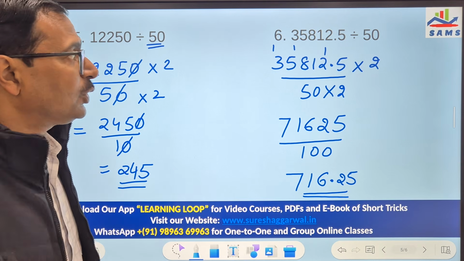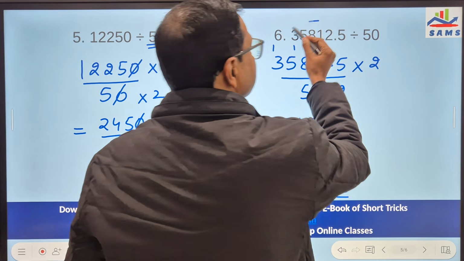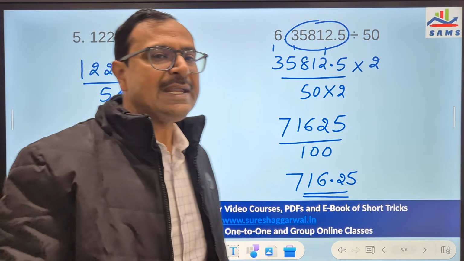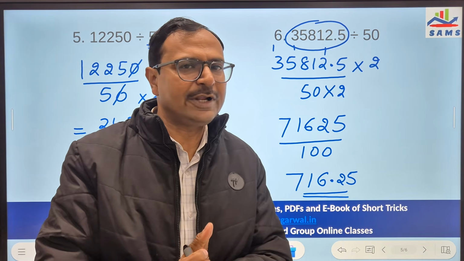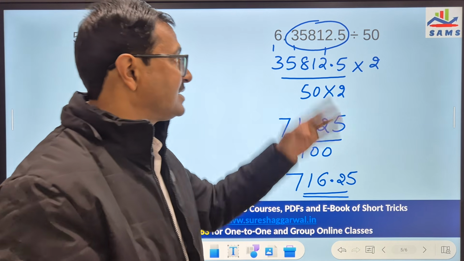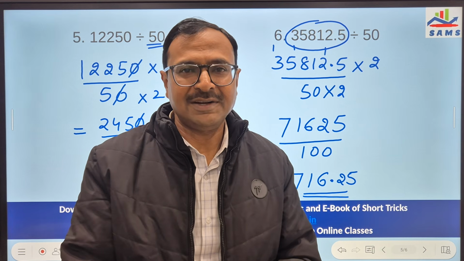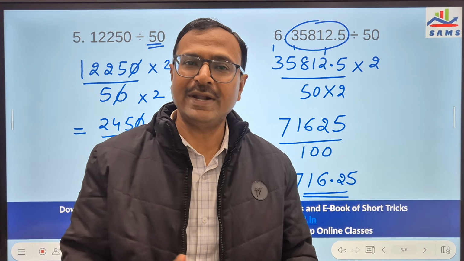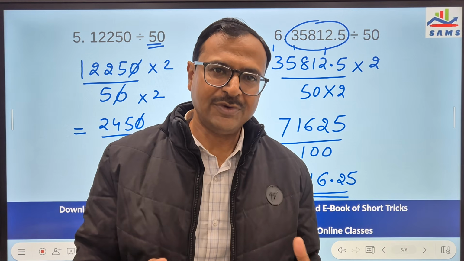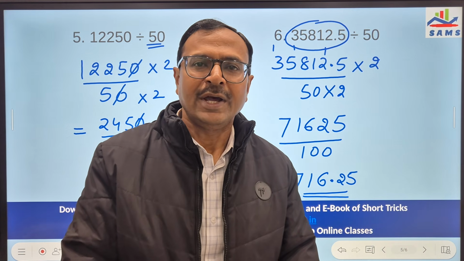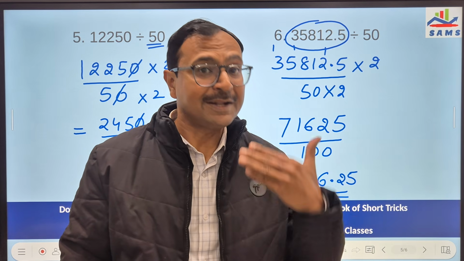So likewise, you can take some random numbers here and change the divisor, either 5 or 20 or 50, and you will see how wonderfully the trick works. Whether it is a decimal number or a big whole number, an odd number, even number, whatever, and even a 7 to 8 digit number, you can divide by these numbers very, very quickly. So these are the basic skills you need to develop, in order to understand what will happen in the next